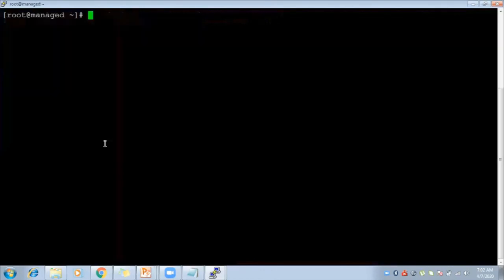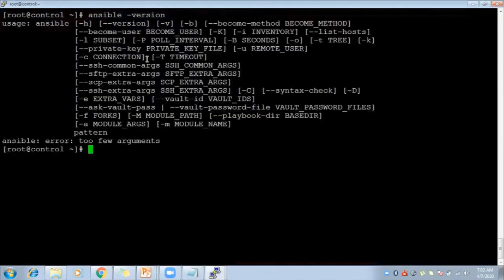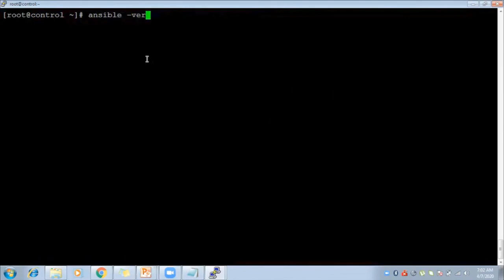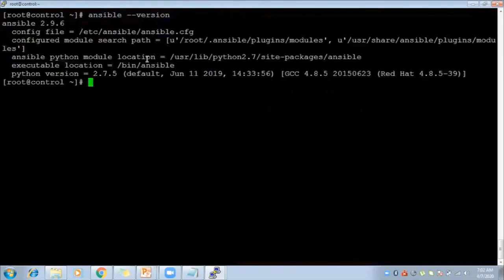Where it is a managed node and it is the control node. So here Ansible version is 2.9. As I told, that is the latest version.